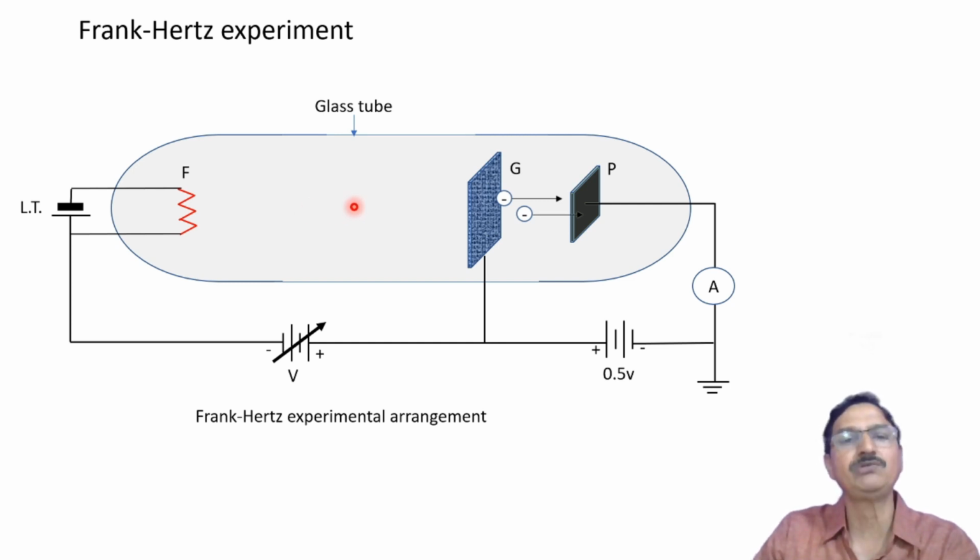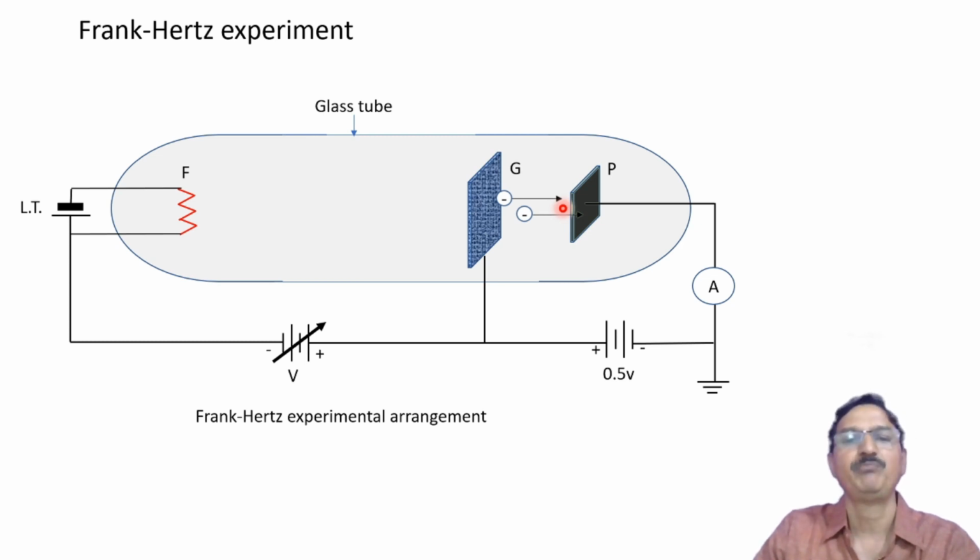And when the collision is elastic, the kinetic energy is shared between the electrons emitted from the filament and the mercury atoms in the path of these electrons, and therefore they can reach the plate